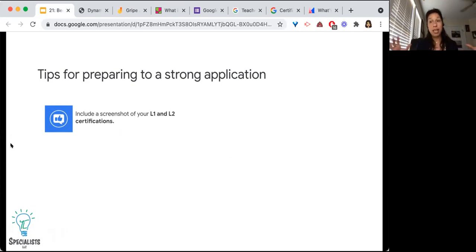So the certificate that you get, it's like this diploma-y thing. Once you take the exam and pass the exam, it'll say you've passed. It won't tell you your score, but it'll tell you that you passed. You want to have that all in one place, maybe having a folder for these different digital documents.